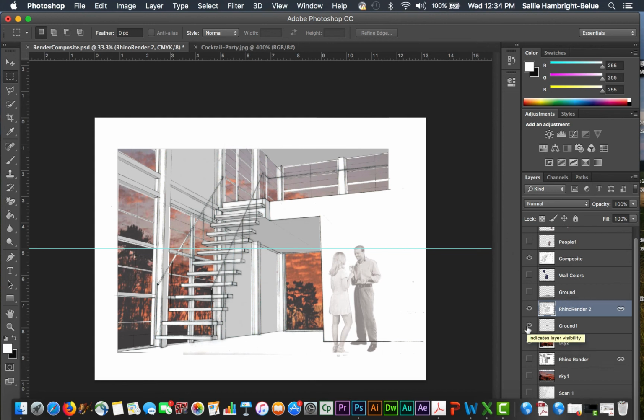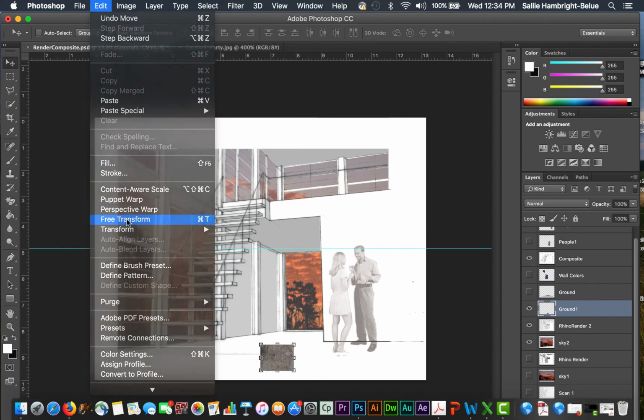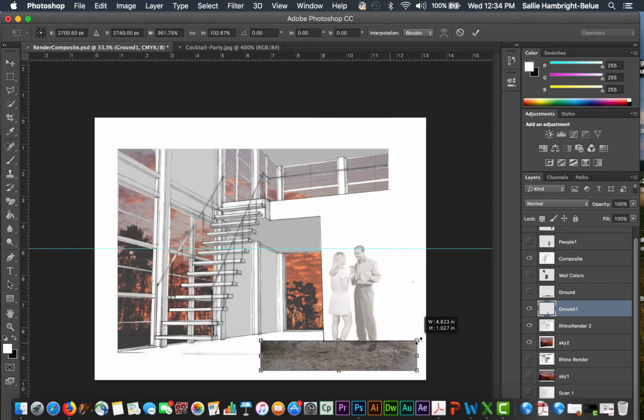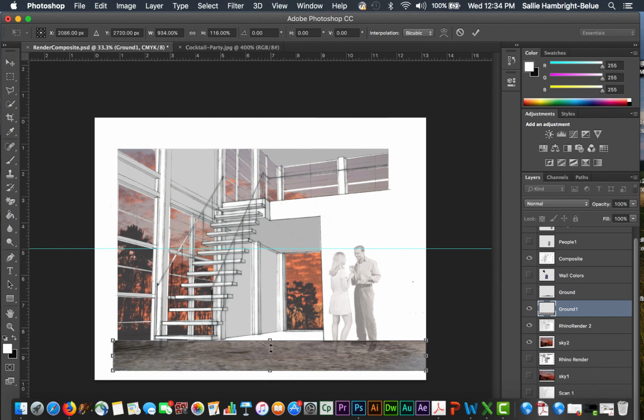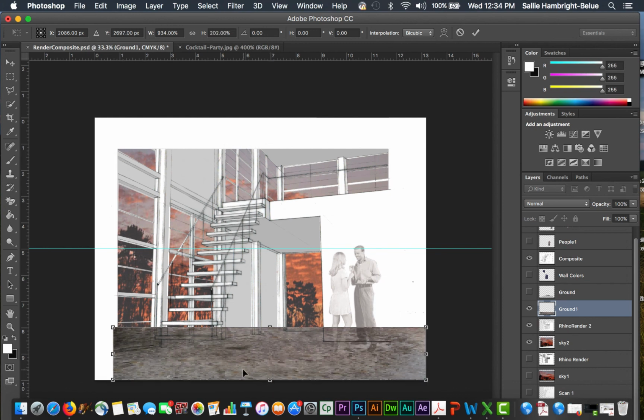But let's say that you wanted to give a texture. Hold on just a minute. I'm going to show you this. So here is the texture that I found for concrete, and I wanted to give the floor a texture. So I bring this in here, and then if you go to Edit, Free Transform, I think is what I used for this. But here you can sort of scale it out like this, fill out the floor,